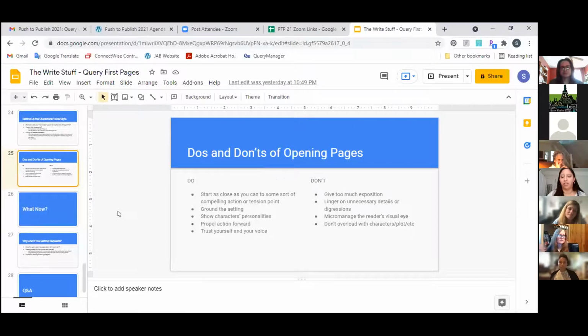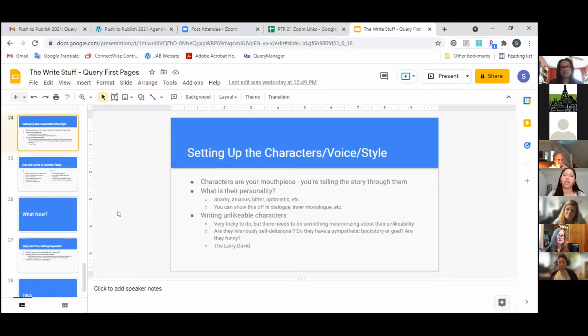Unlikable characters are something that's really hard to do. Especially, I often see in pages that people try to do the Dr. House thing where their character is just so obnoxiously mean to everybody. Don't do that in the opening pages. You want to spread that out, because if we're making the decision, do I want to follow this guy across the next 100, 200 pages, and in the first couple of pages this guy's just an asshole to everybody, I'm not really interested in seeing what happens next.